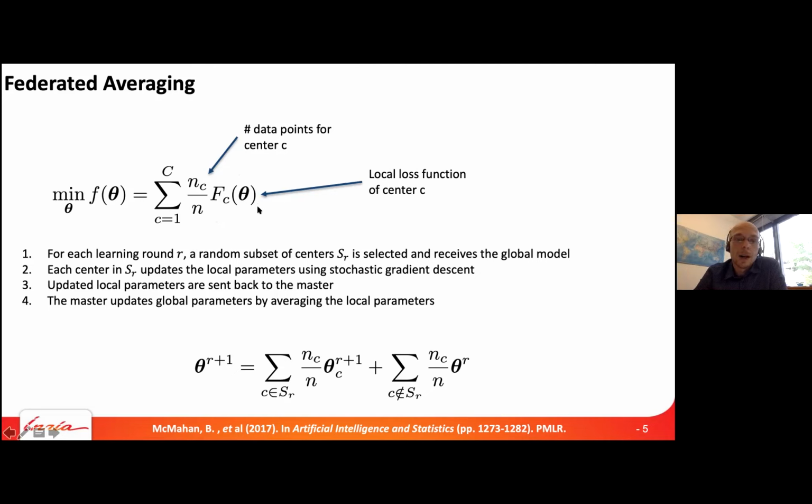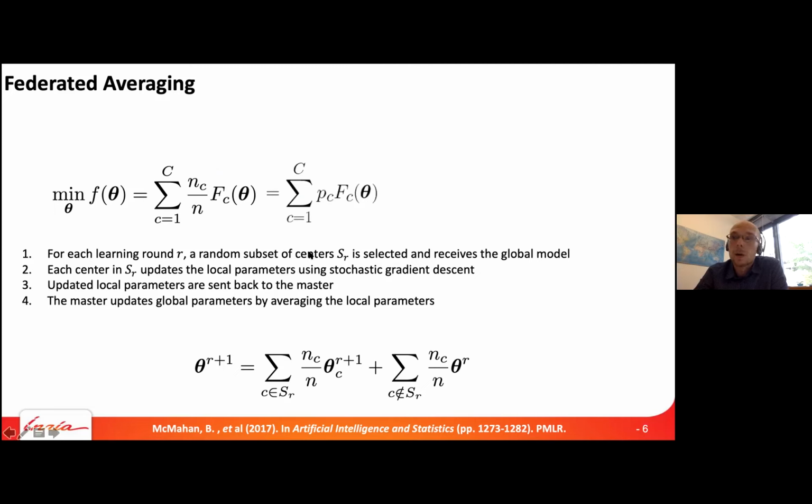And the weights could be arbitrary. Let's say that classically weights are assumed to be the contribution, in terms of data points, of each center to the problem. And so what do we do? Well, in a more general form, we can replace this weighting just by p_c, which is just the importance that the server gives to every center